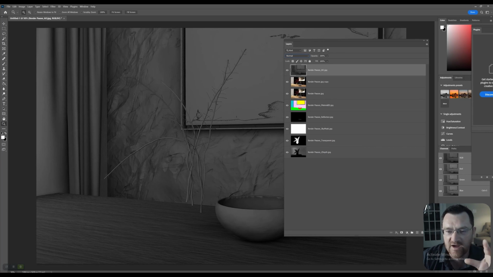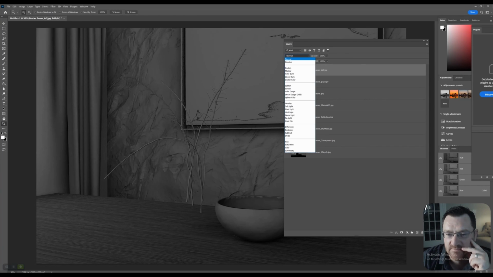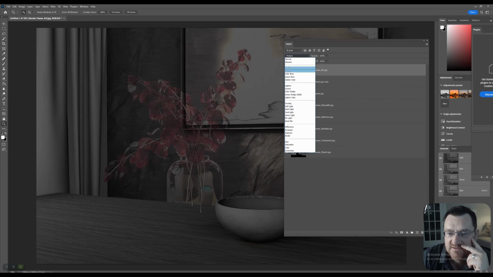And what we want to do is grab really the pixel information of each of these render passes and apply it to the layer below, which is right now this one here, the duplicate. And so by doing that, we can add effectively more pixel information, both more depth, more shadows, and more highlights. So for the AO layer, I'm going to change the blend mode of this,